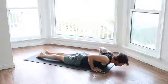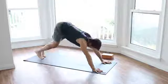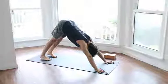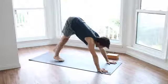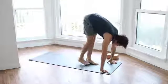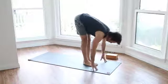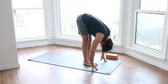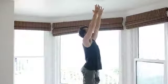Lower your chest back down. Press up onto your hands and your knees, stretch back to downward dog. Look between your hands, walk your feet up to the front of the mat. Inhale, flat back. Exhale, fold forward. Press into your feet, come all the way up to stand, raise your arms, and bring your